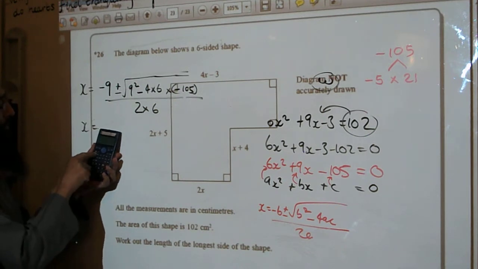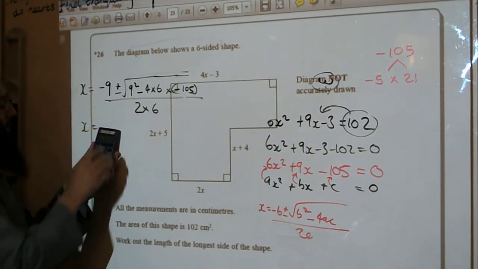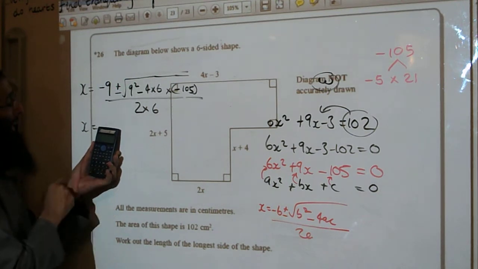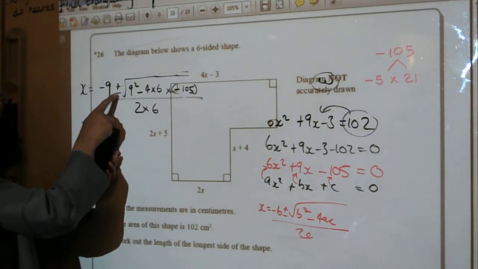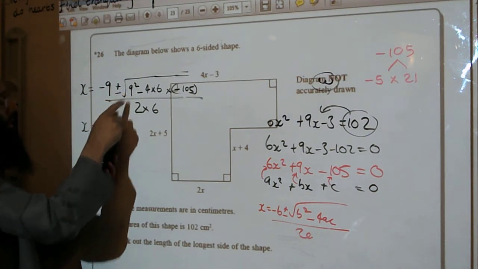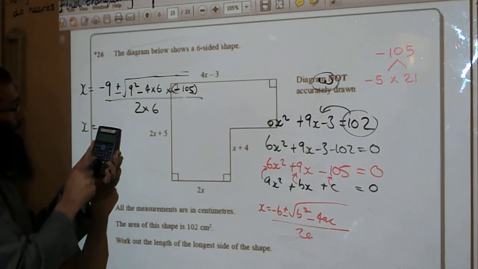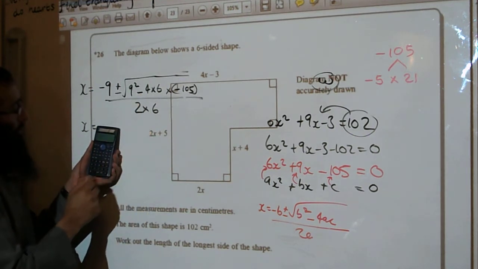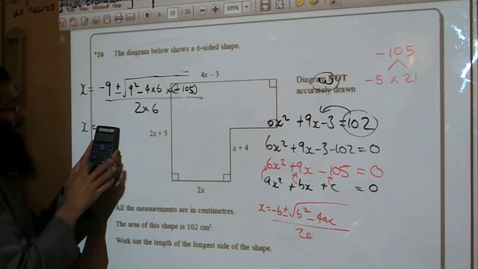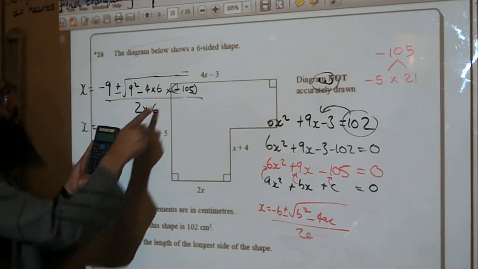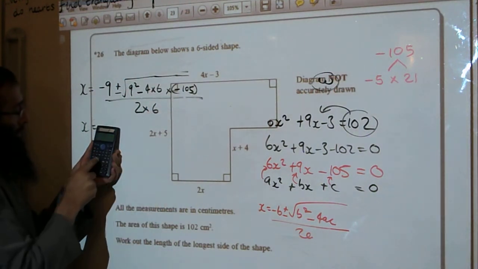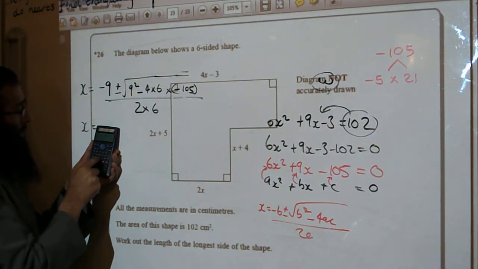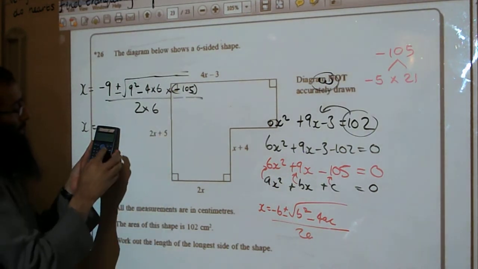So first we'll press the fraction button. We type in little baby minus 9, add. You can't put both the symbols in, just one. Add and then put the square root sign. 9 squared, take away 4 times by 6, times by, now we need to use brackets here, brackets, little baby minus 105, close the brackets, press replay twice